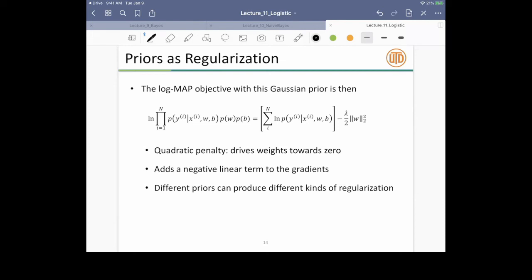So what you basically do is that you assume that you have some kind of a prior like this. So you have product of i from 1 to n, p of y_i given x_i comma w comma b, right? Multiplied by a prior of w multiplied by a prior of b, right? So you assume a very similar prior for b as well. And then what we'll get is a term that has this sum. So this was the likelihood that we saw, right? So this was the conditional likelihood. And then we have this additional term which looks like this, right? And also you have a minus b square term, okay?